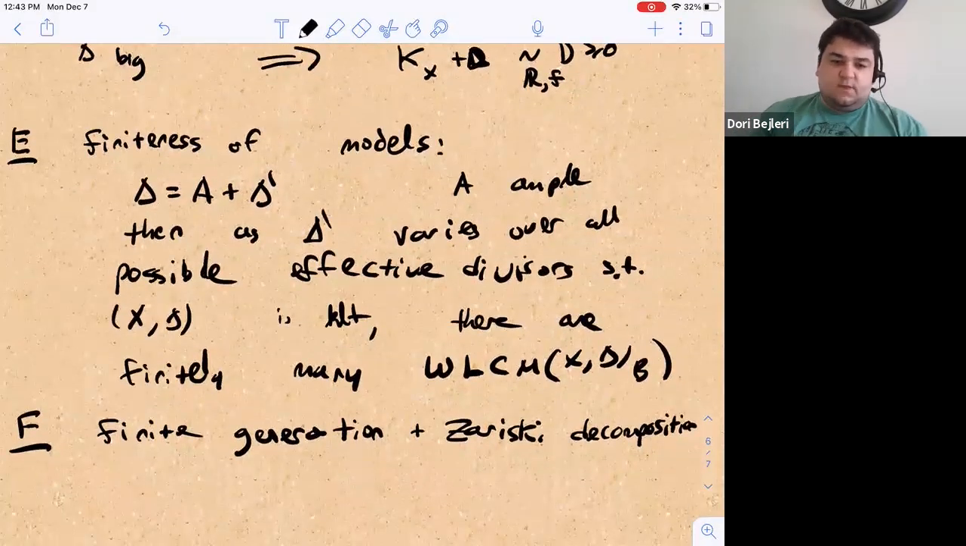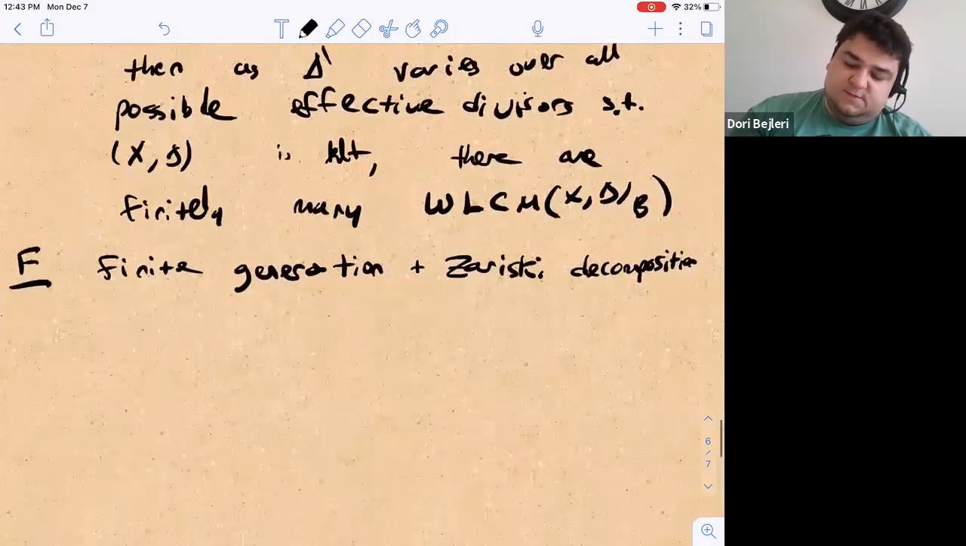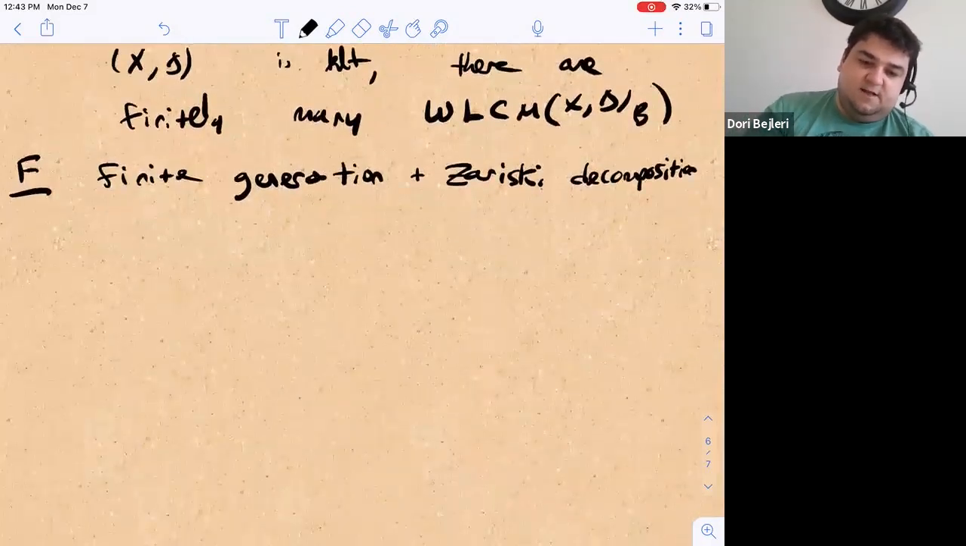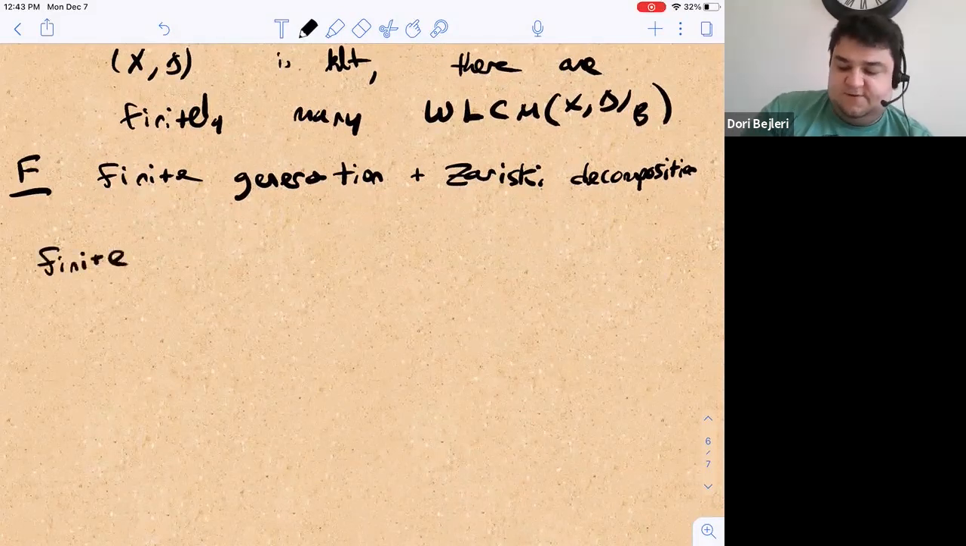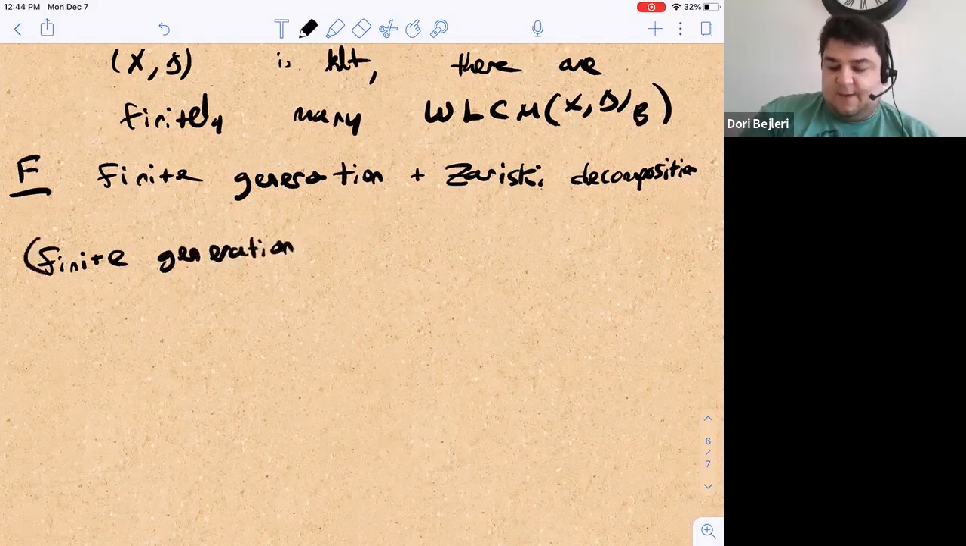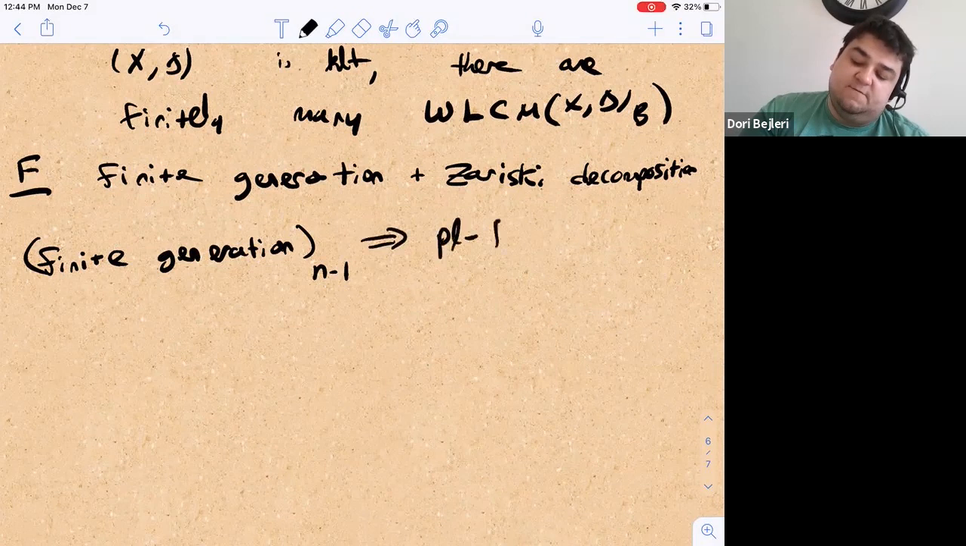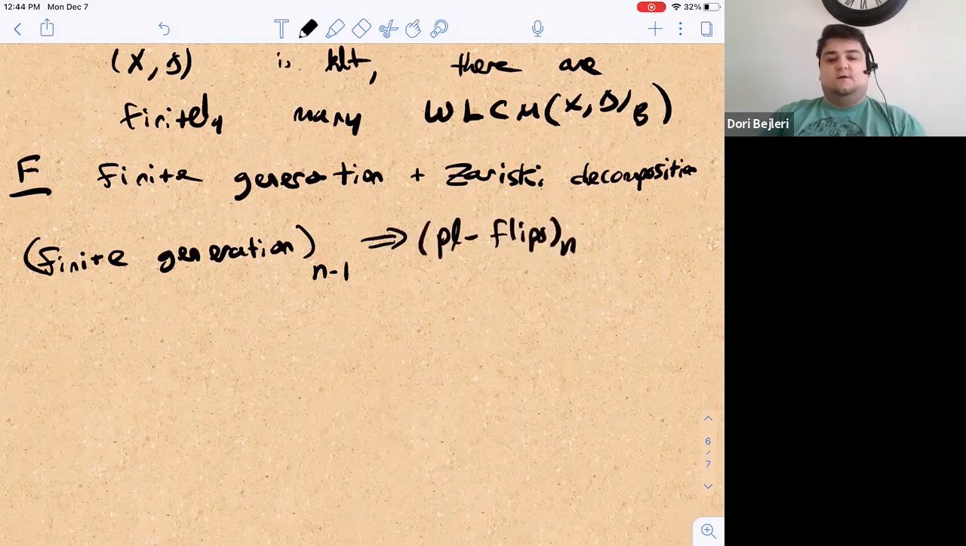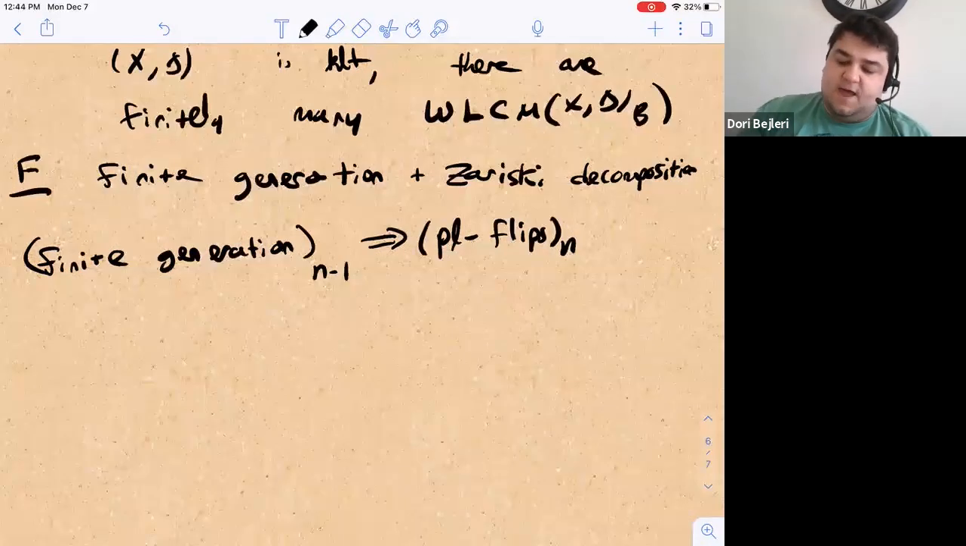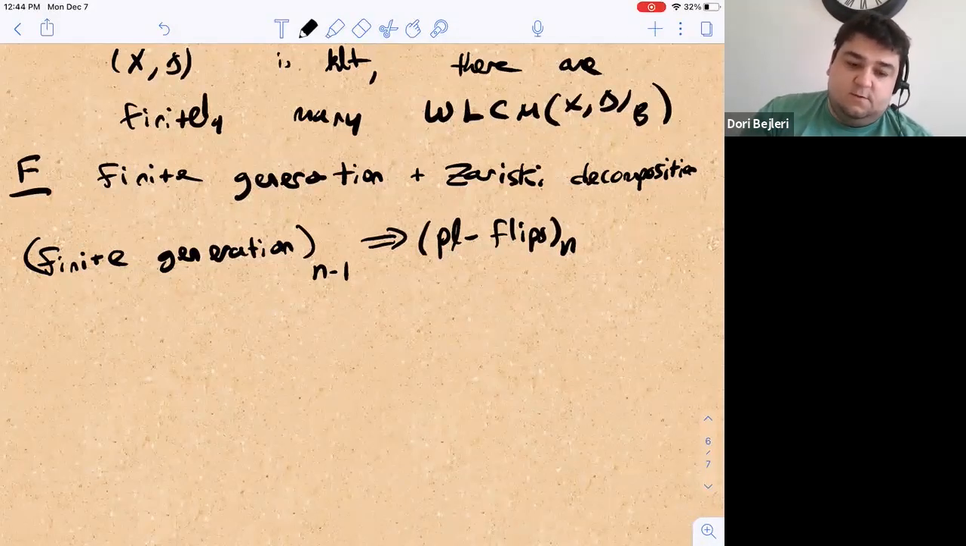And then the induction proceeds as follows. So they show, well, this is actually from a previous work that we discussed the other class, that basically MMP in dimension n-1 implies PL flips in dimension n. So this we briefly discussed the other day. And then they prove that